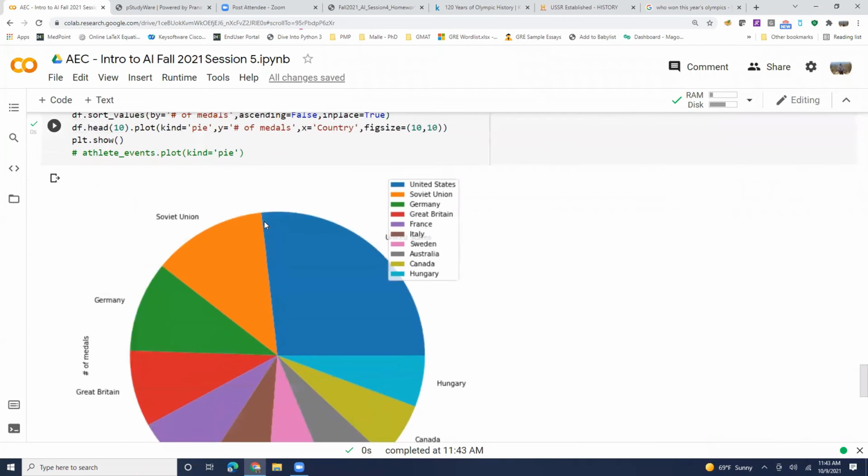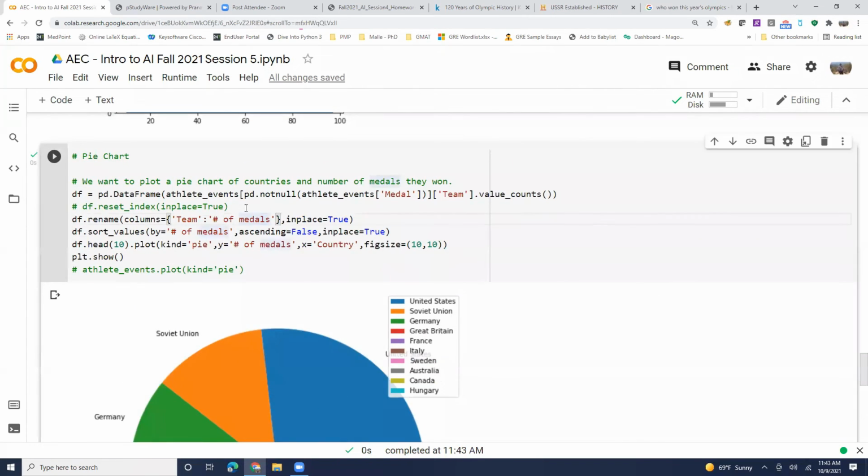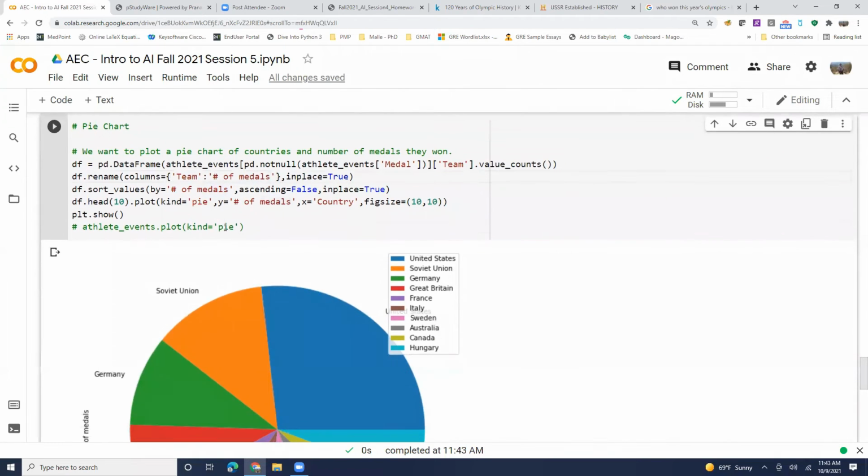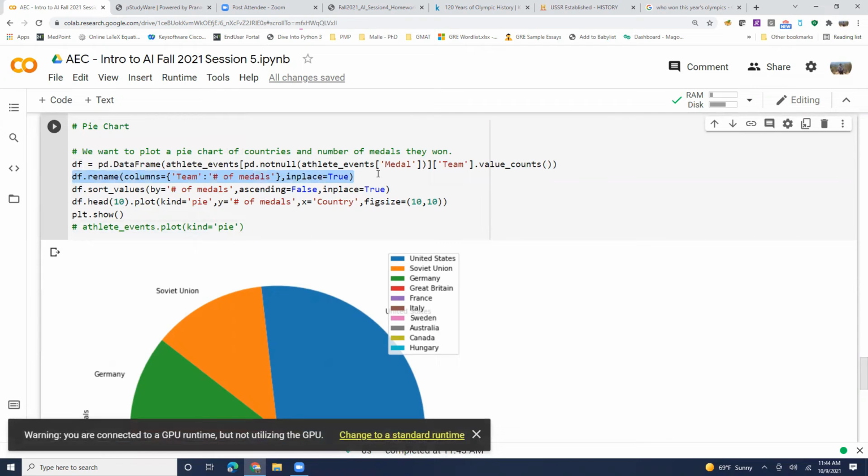So it's only plotting by the index of that column. So whatever is the index, it's going by that. So, okay, let's stick with this one. First, I calculated for each country how many medals it won, and then I renamed a column called team into number of medals. I sorted by that, and I'm just plotting the top 10. So it has just the numbers. So what I did, Shruti, is basically I didn't reset the index. So in the pie chart,